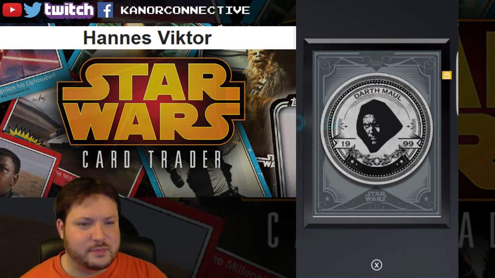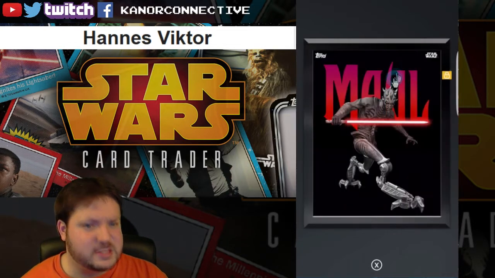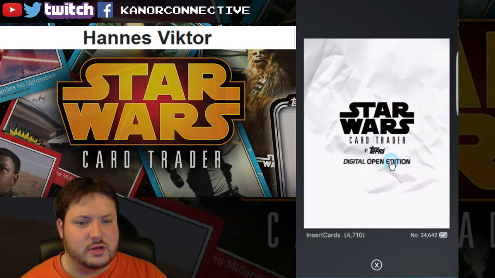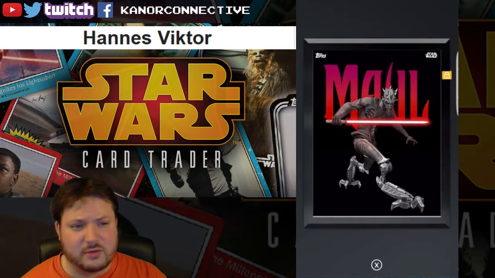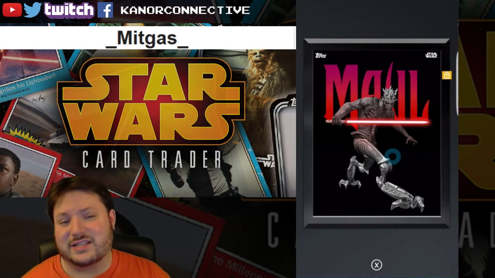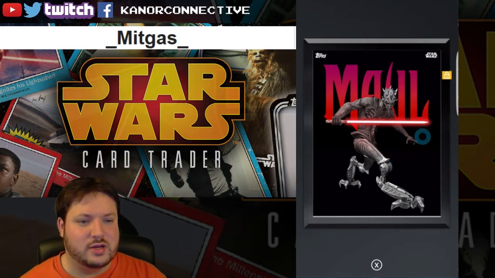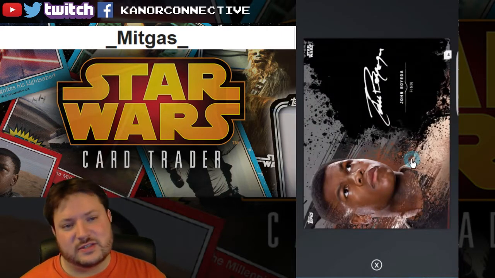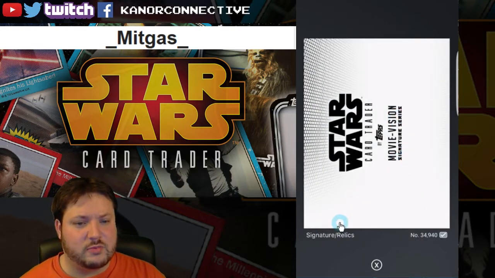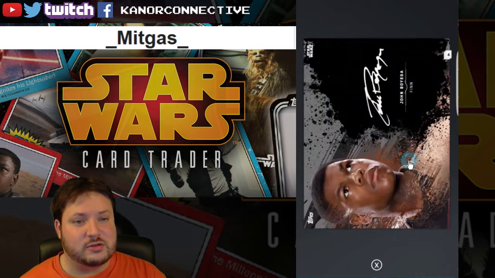The next one up is the same thing, that Shadow Box set here with Maul and his Clone Wars apparel. 4710 is the card count. And the winner for this card is Mitgas. Congratulations to you. The next is, yes, this is the signature card, the Movie Vision signature card here. No card count on it, but still a signature card nonetheless. So the winner for this card is